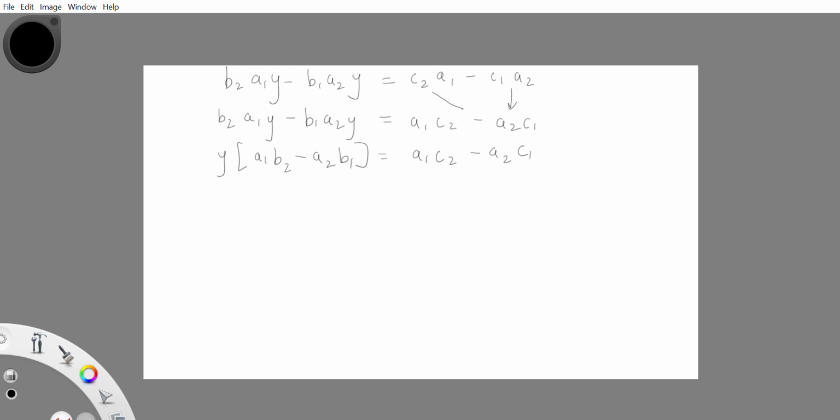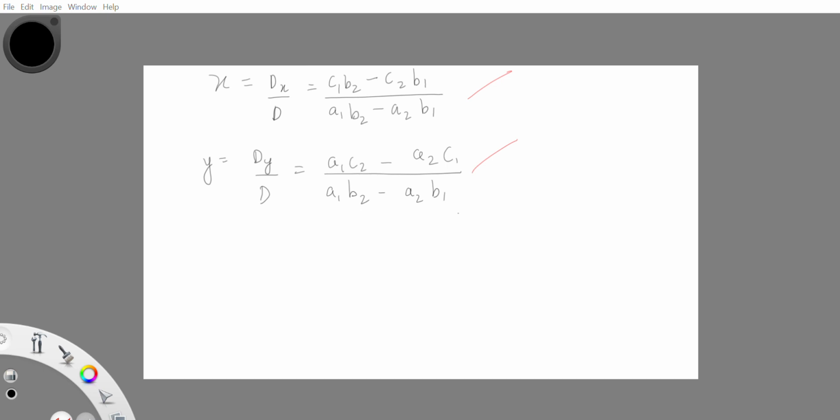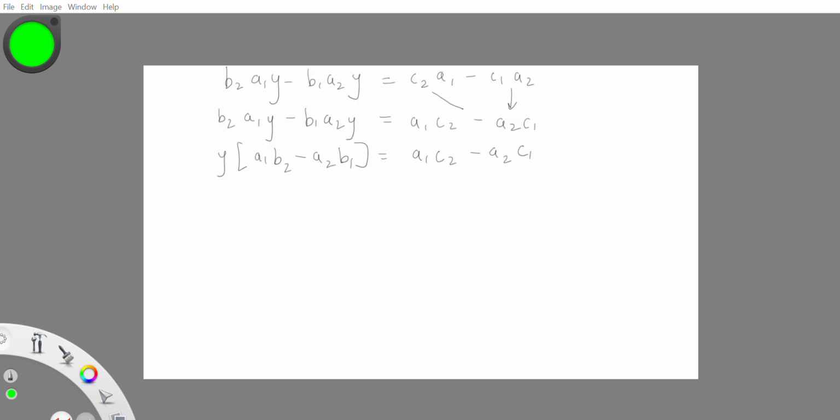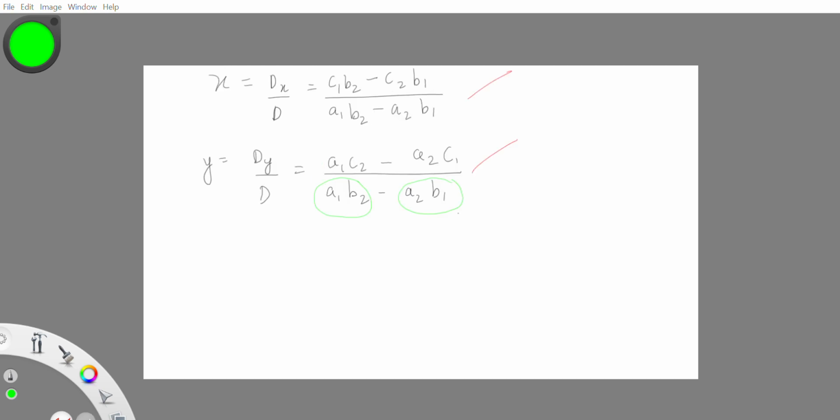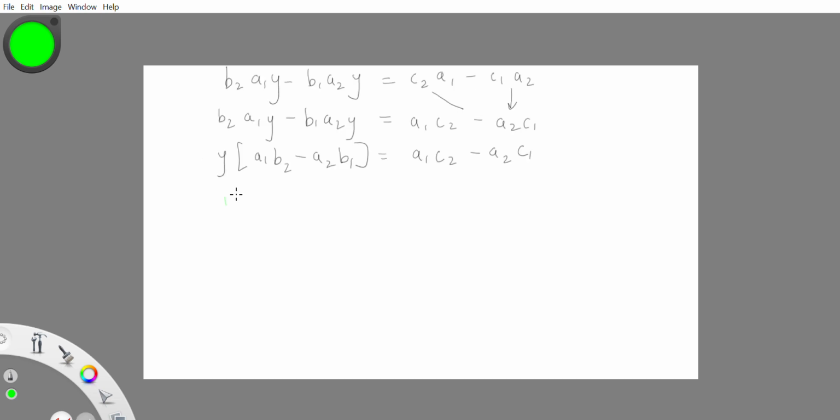But as we learned on our second page, now we're going to go back to the second page. Now observe the value of y. I have a1 b2 minus a2 b1. Let's go back to our current page. I have a1 b2 minus a2 b1. So I can safely say that y times d is equal to a1 c2 minus a2 c1, and now we need to check if this is some kind of determinant.